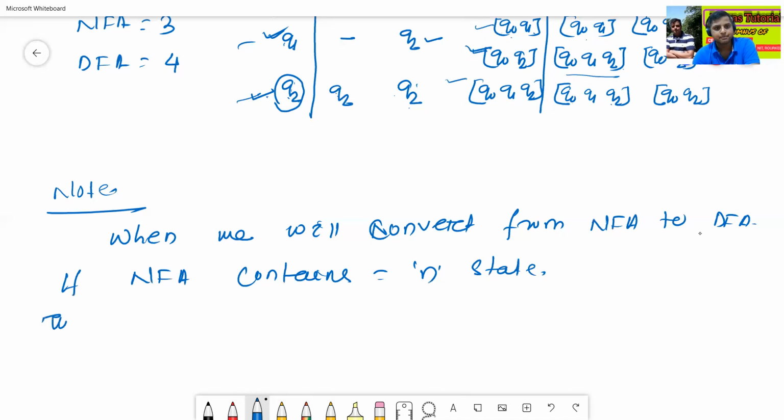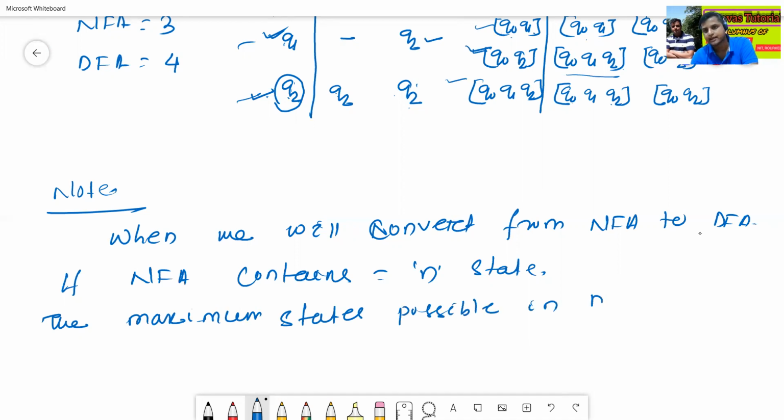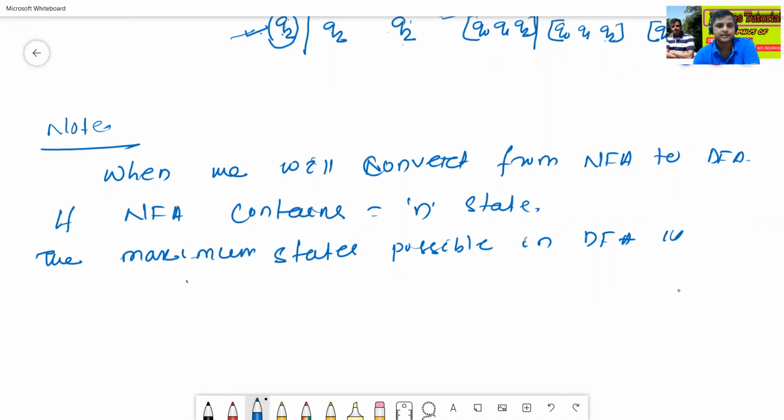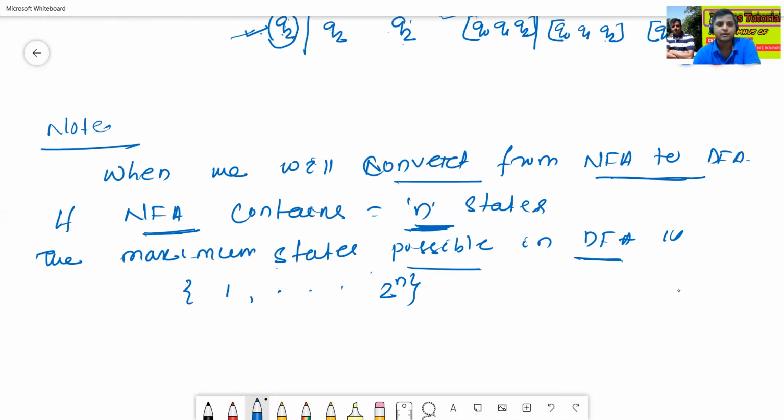The maximum number of states possible in the DFA is 1 up to 2 to the power n.